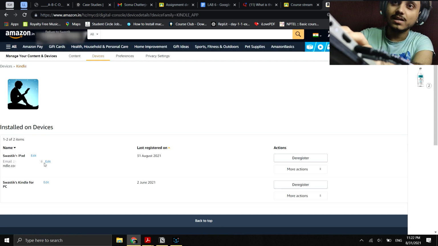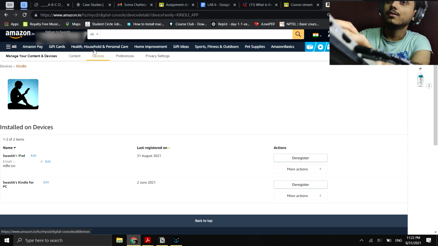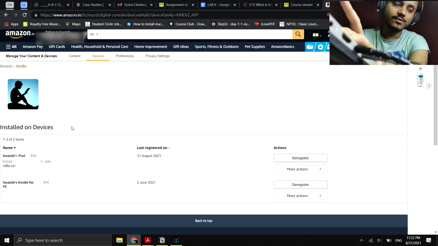You will not be able to see my email address, but let me tell you that I have changed my email address to a preference which is easy for me to remember, because when you're going to send books from your particular email address, this is going to be very helpful when you remember it. So if you have not changed your email address, you can just click on this edit button and change it. So as I've done from here, it is very important for you to identify your device.